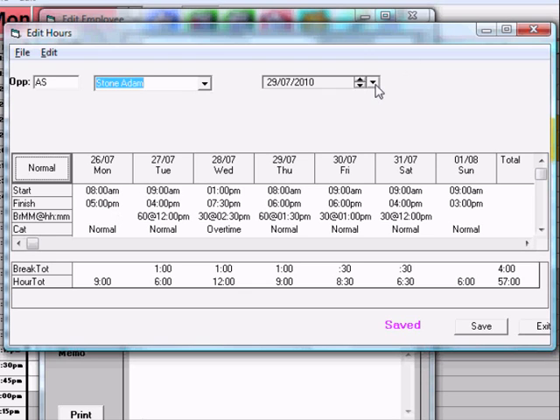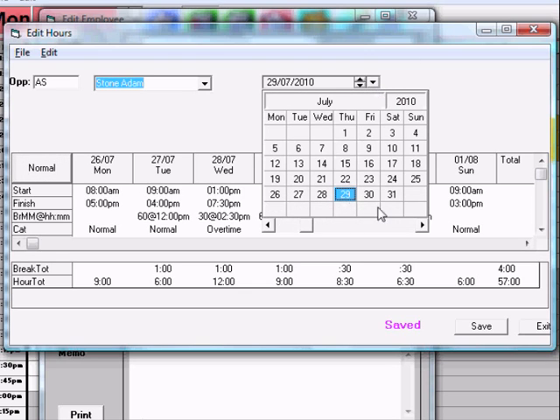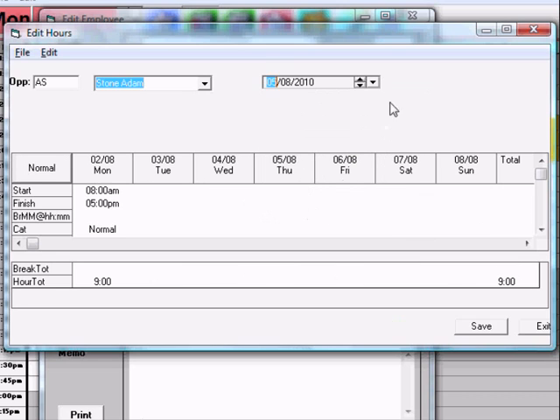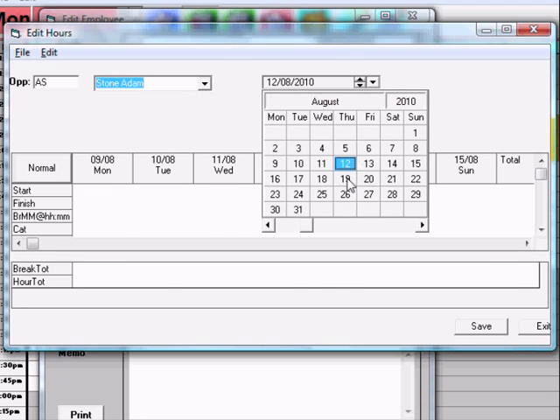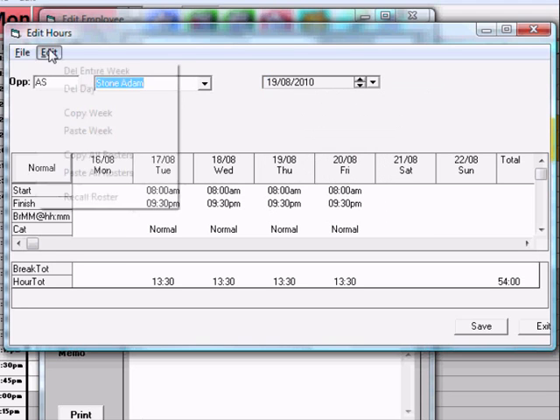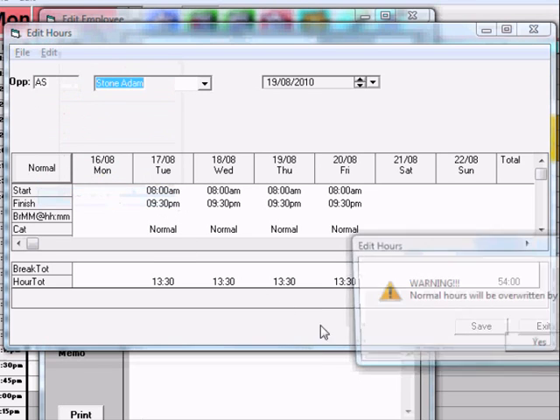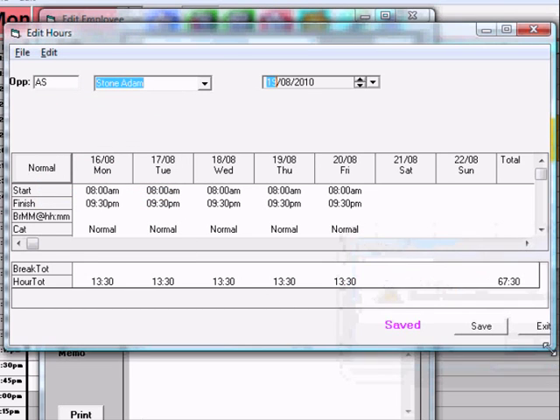If normal hours were entered in, you will have to go through each week and make sure that you're happy with the hours. And if the hours are not correct, you'll need to go through and do the same, recalling rosters, go yes, and that'll bring through the rosters that are in the system. So normal hours always override